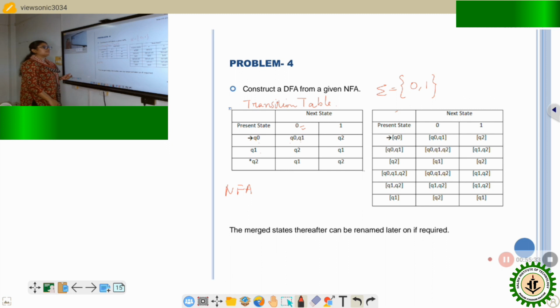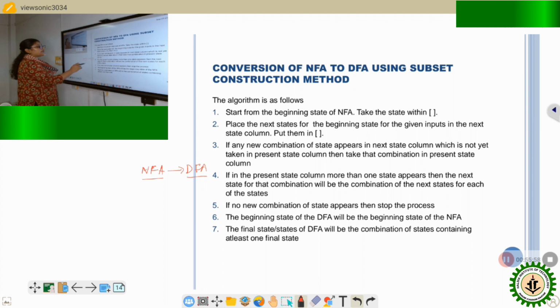Either in the problem you will be given a table, the transition table of an NFA, and you will be asked to convert it into a DFA, or it might happen that you will be given the NFA in the form of vertices and edges, and you will be asked to convert it into a DFA. So it depends on the question itself. Let us just see. What the algorithm says is: start from the beginning state of an NFA,